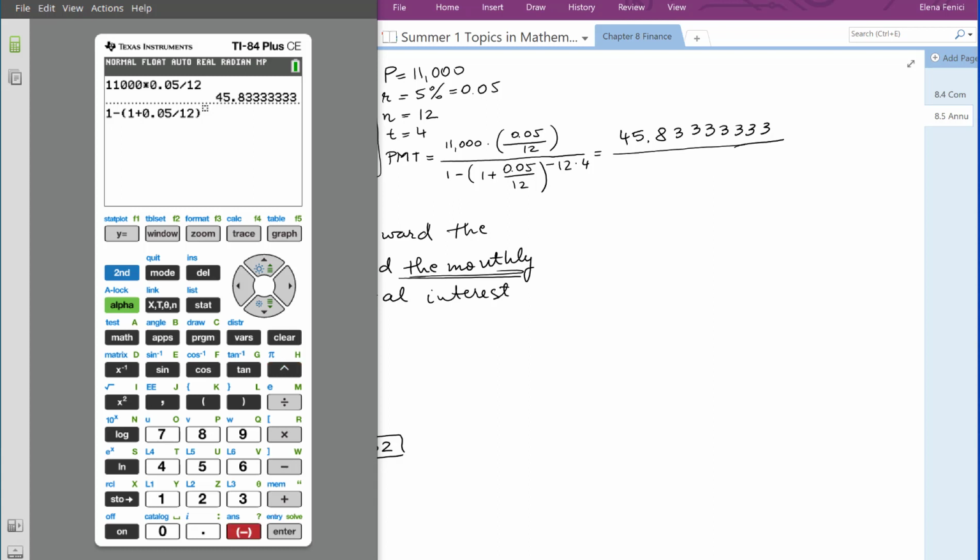We are going to use negative. Most of the time, if you confuse them, you're going to get an error. So negative, and I can put 48 right away because I know how to do that one. And press enter. So the bottom is